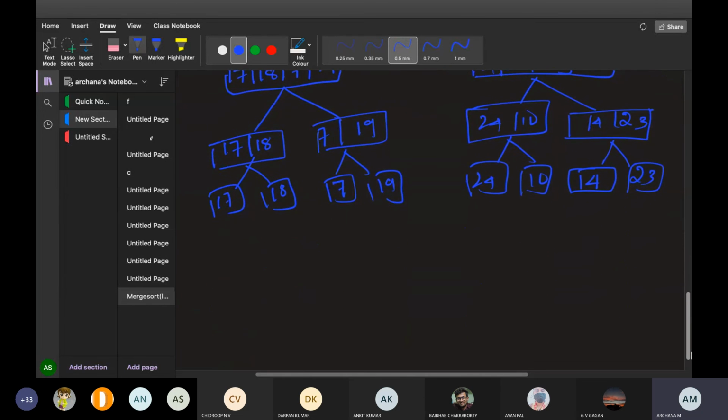Whatever I explained was from the exam point of view. Again, now what we have to do, we got single elements. Now keep on merging this. Just merge this, compare and merge. 17, 18. Merge these two. Then 7, 19. Merge these two. Then merge. You have to write this is merge 1, merge 2, merge 3. Like that you have to write, that's all. While merging, compare the elements and merge.